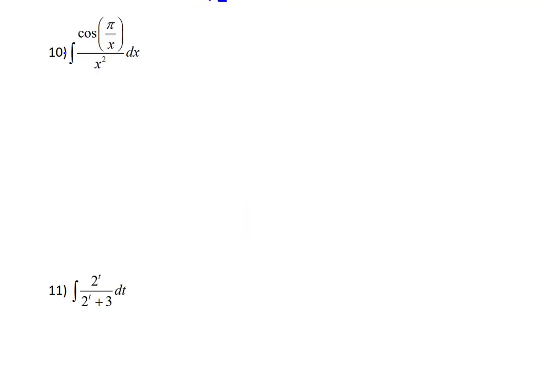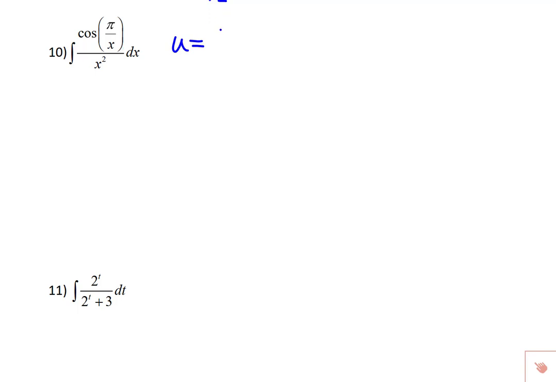Our next example is the integral of a fraction where the numerator is the cosine of pi over x, and the denominator is x squared, and this is all dx. Now remember, we're looking to simplify this with a substitution wherein we let u equal some part of this function whose derivative is also part of this function, perhaps off by a constant. So it may be a little less obvious in this case, unless you're really familiar with all your derivatives here,